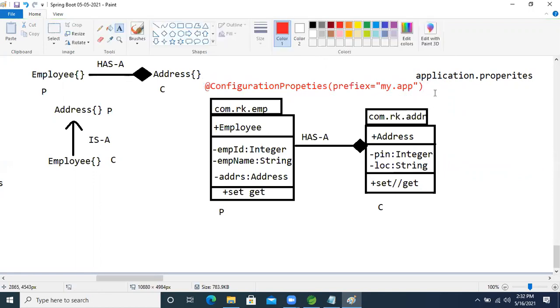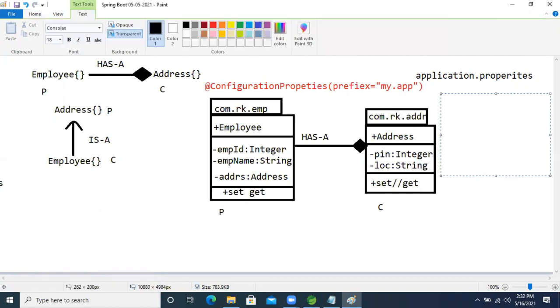In the property file, how will we write this? Analyze this, guys. What is the prefix now? My.app. After that, Employee ID is an integer, right? So my.app.empId equal to, I'm just taking 10.